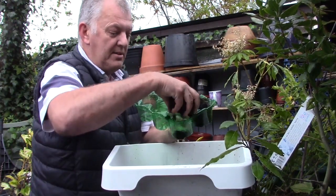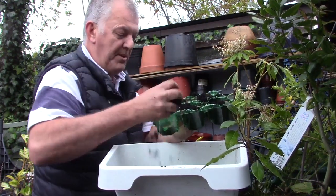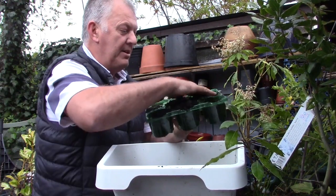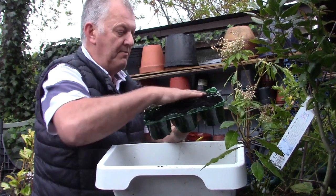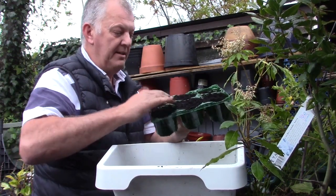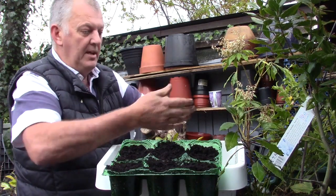So I'm just going to use multi-purpose compost, and this is one of the supermarket composts, and we're just going to fill up these big trays, and it's going to give a good space for the cucumber roots. So I'm just filling these up, priming it down,